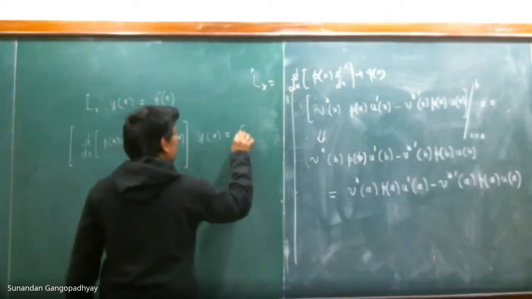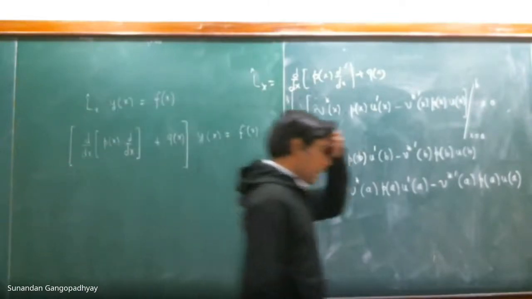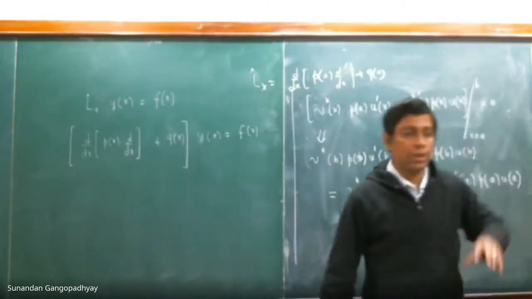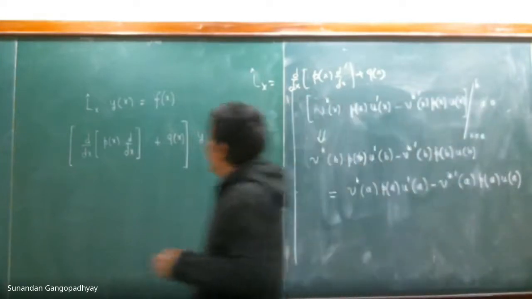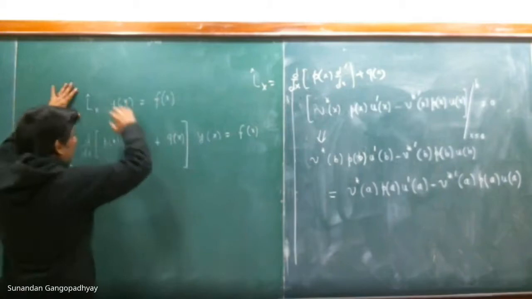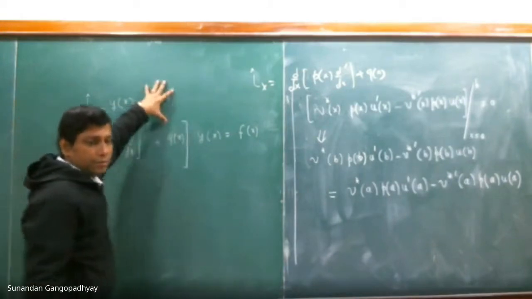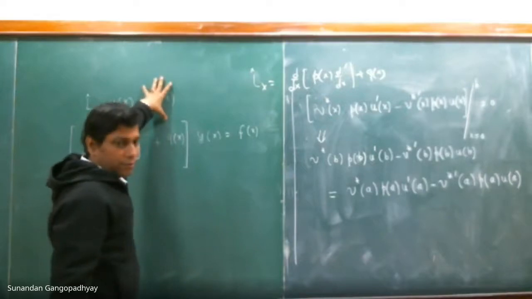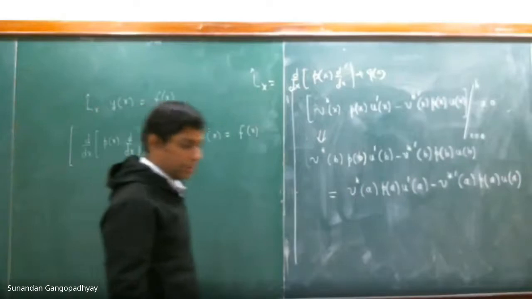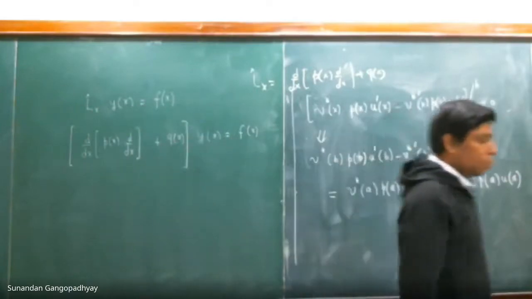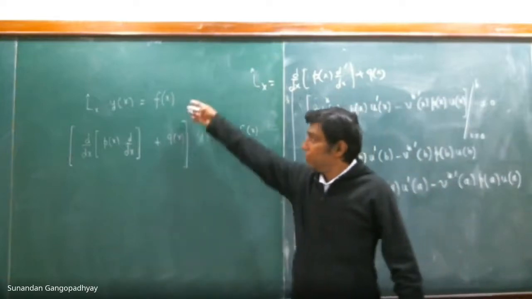So this is basically a second order differential equation, and the operator is a self-adjoint operator. So it has been put in the Sturm-Liouville form, and this is not only a second order differential equation, it is also non-homogeneous. This function f of x is a known function of x. And the question is, how do you solve this equation? You must have seen in your undergraduate classes that you must have encountered these kind of differential equations.